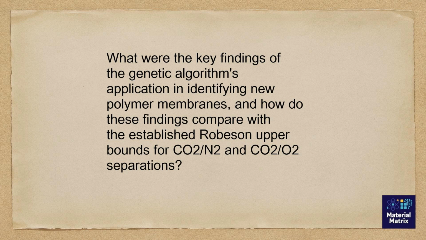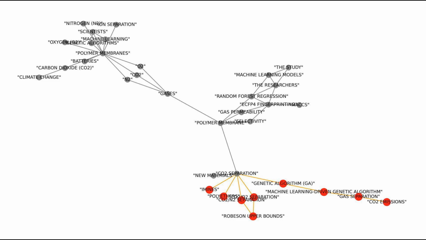So what were the key findings of the genetic algorithm application in identifying new polymer membranes, and how do these findings compare with the established ropes and upper bounds for Katmu and Katmu word separations? The application of the genetic algorithm, GACI, in this study led to some pretty exciting discoveries regarding new polymer membranes for Katmu separation. Think of the GACI as a creative chef, experimenting with different ingredients to find the best recipe